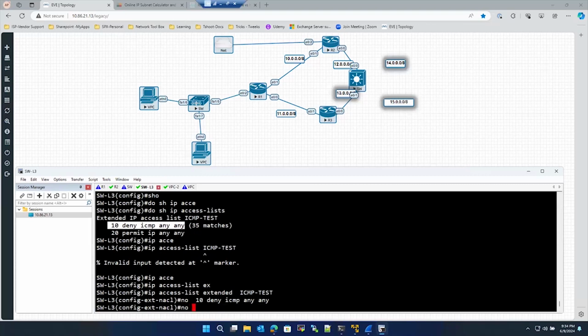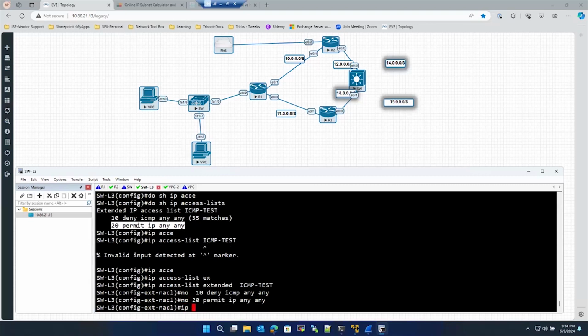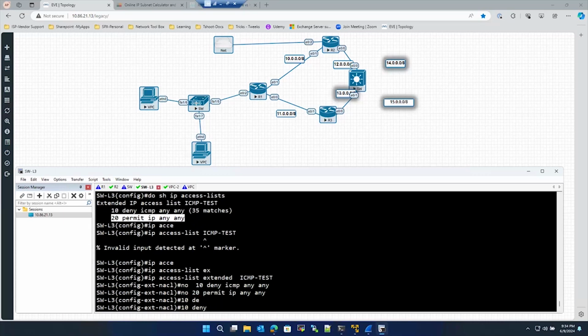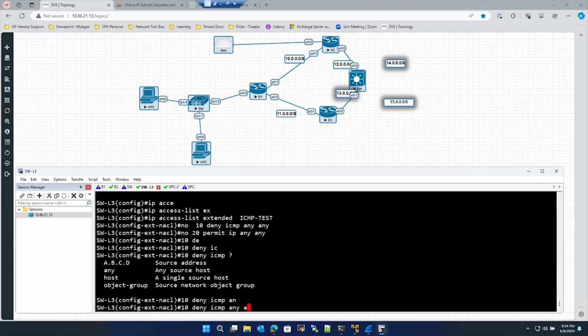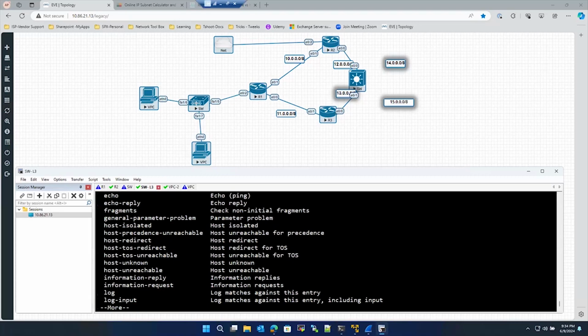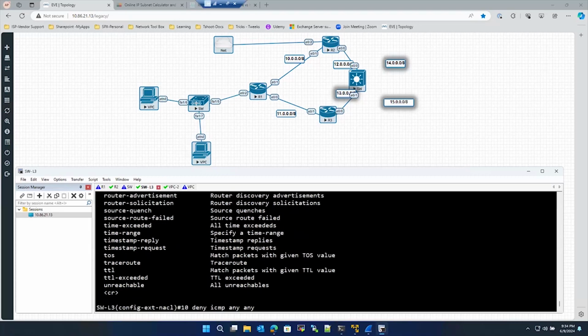I'm going to remove this rule and no permit IP any. So now I'm going to do 10 deny ICMP any host, any destination. I'm going to block